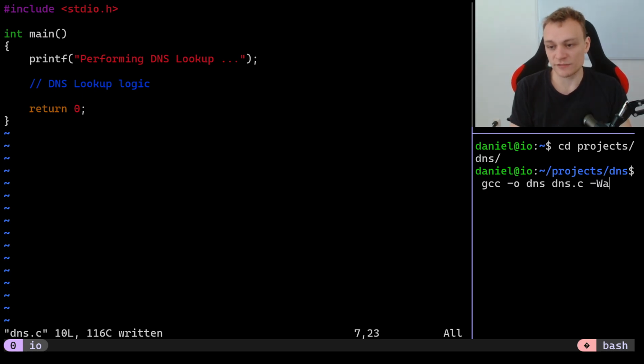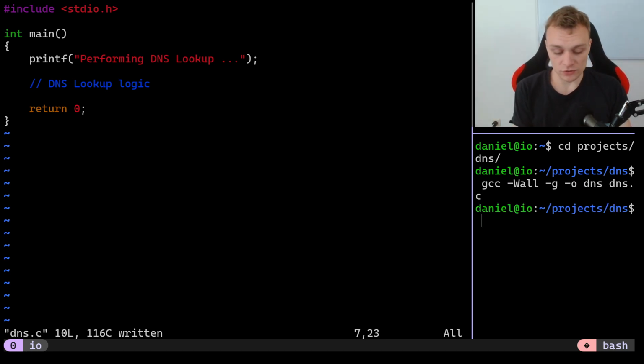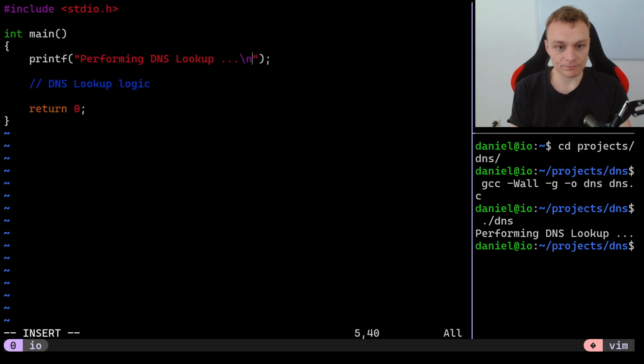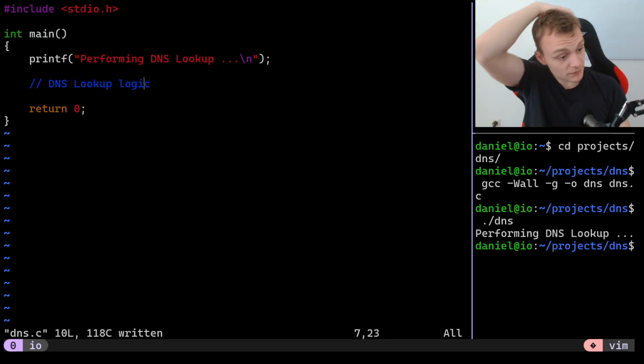I will also specify that I want to enable all warnings, and I want to have debug flags enabled just in case we're going to have to debug something. And there's no warning. Let's execute the application, and there's the printout performing DNS lookup. I forgot the newline at the end of this, and now we're good to go. So this is our starting frame of a program, and